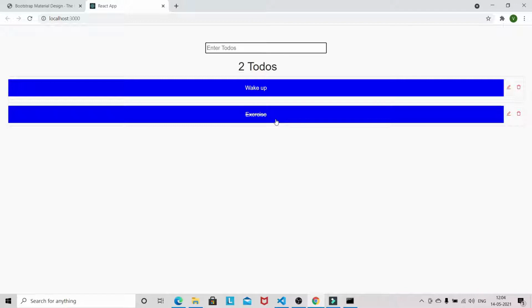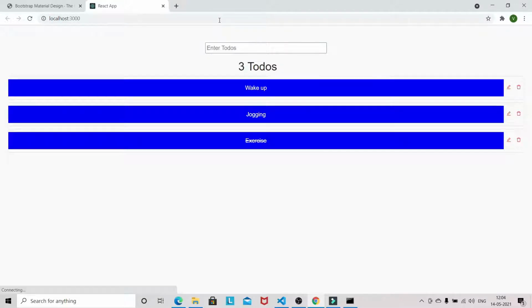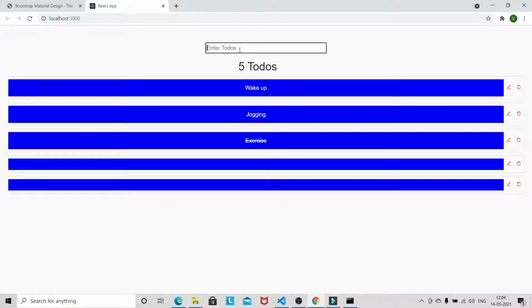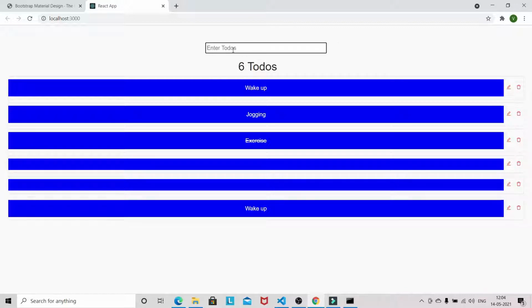Okay, and now the next issue is to avoid empty todos and todos with the same name. We are going to fix this issue while adding and while updating also.